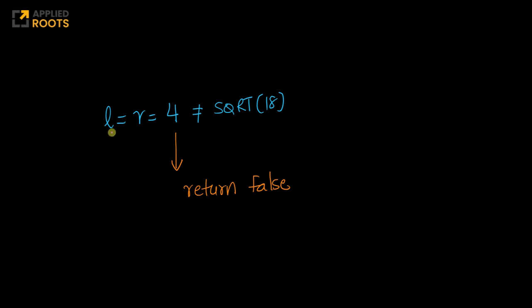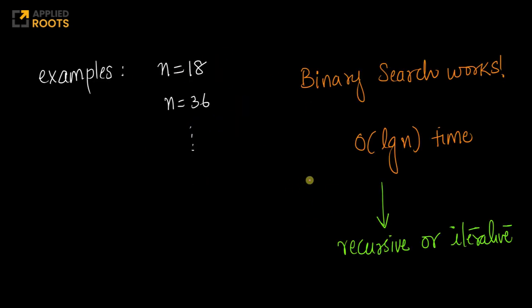Cool. Again, here eventually you'll reach a stage where your left index and right index are 4, and which is not equal to the square root of 18. So you return false. Right? Simple, because 4 square, 16, is not equal to 18, and you'll return false. Simple logic, right? Now, remember here that since we are using binary search, we just have to modify it slightly to our needs, but you can always try out more examples like n equals 36, n equals 41.